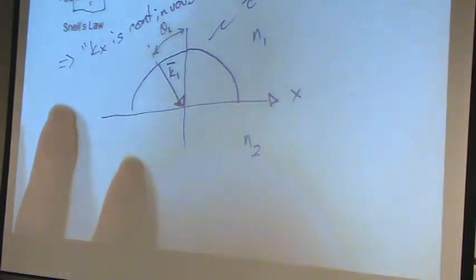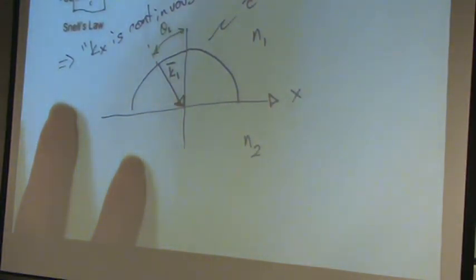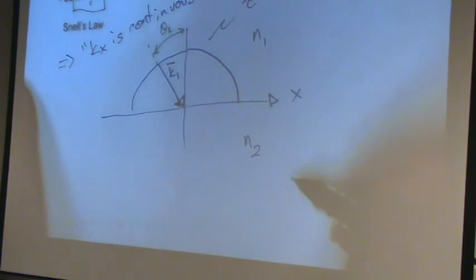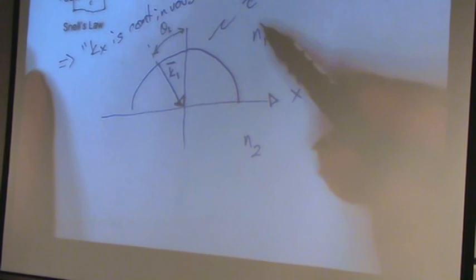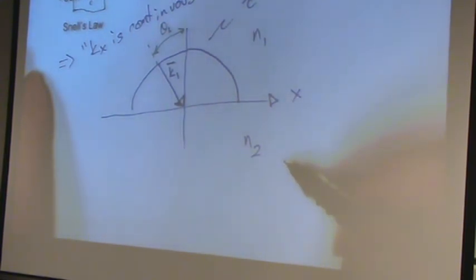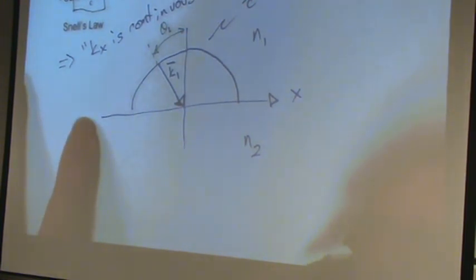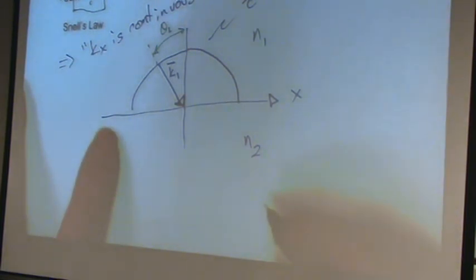So I'm coming in at some angle. Let's call that theta 1. If theta 1 equals 0, I'm launching that wave straight onto this interface. Maybe this is air with index n1. Maybe this is a piece of glass with index n2. I'm shining light from this medium into this medium. Some of it's going to reflect, some of it's going to go through, right? We're leading up to how optical fiber works. So, come in at that angle,